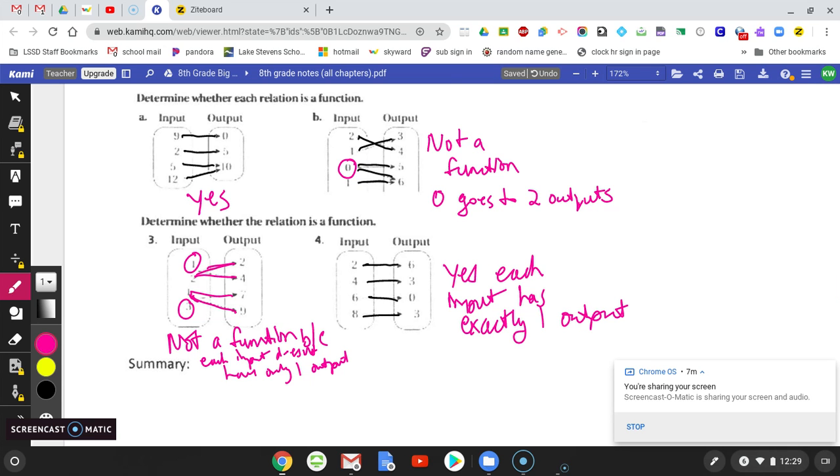So in your summary, you want to summarize your mapping diagram, inputs and outputs,